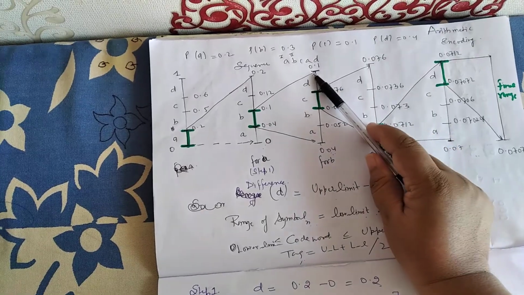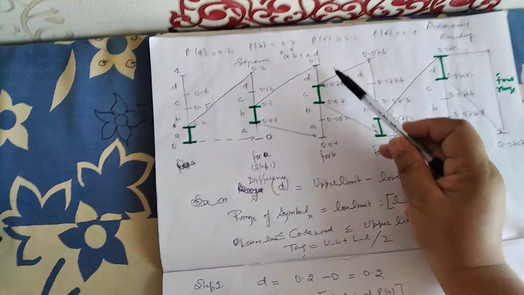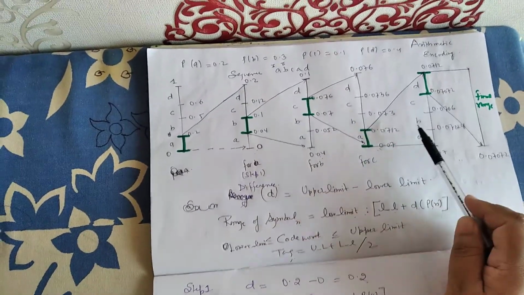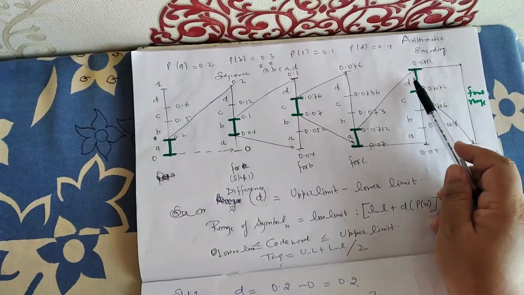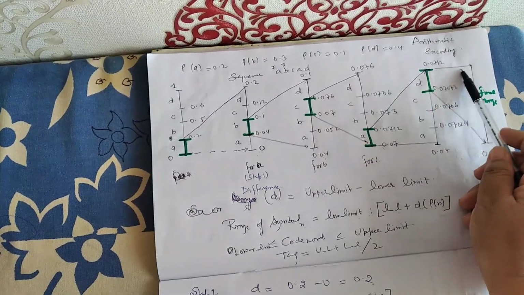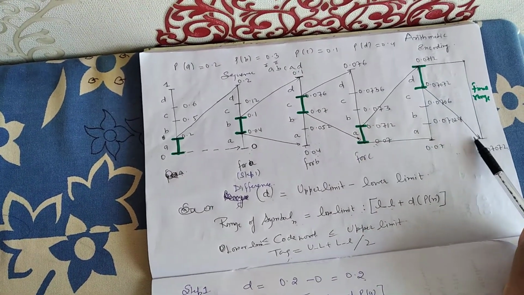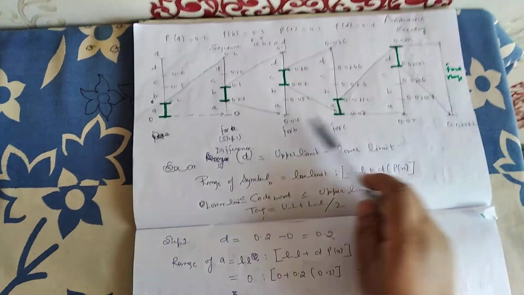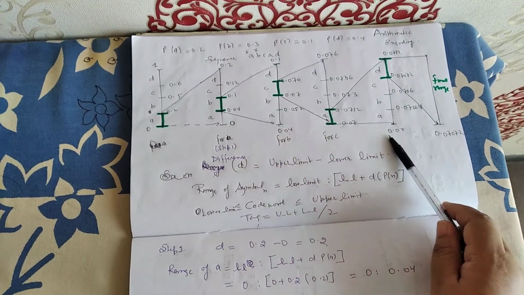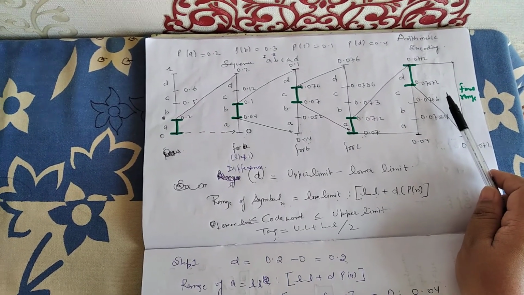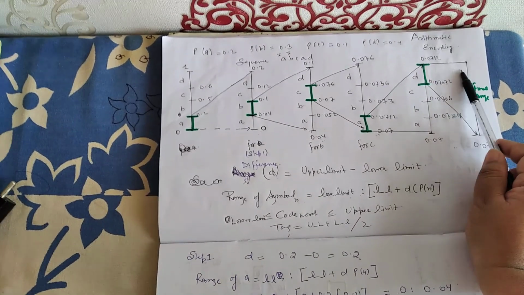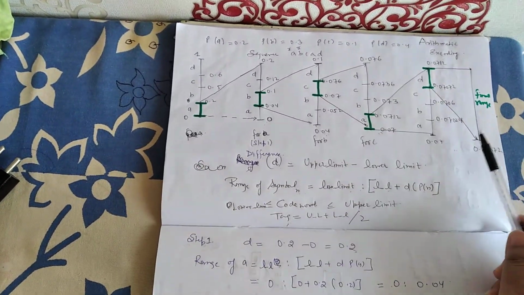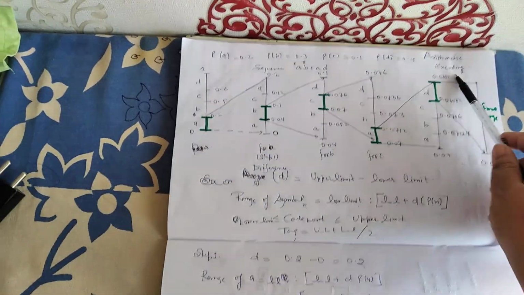Again, the next character in the sequence is A, so we will explore this range A, and the last character is D. So this was step 1, 2, 3 and 4. Once we reach step 4, we need to explore the range of D. So this will be the final range in which the probability value of the final encoded message will lie. So no need to explore this. Since we have explored A, B, C, A, D, what we are looking for is our final range. We know the final encoded message value will be within this range. So this is my final range, or we can say the code word limit.